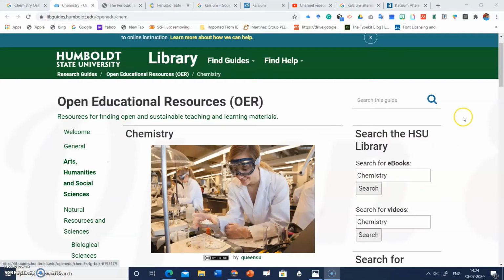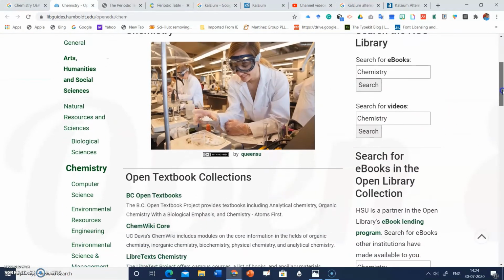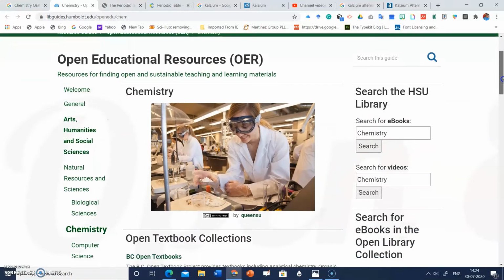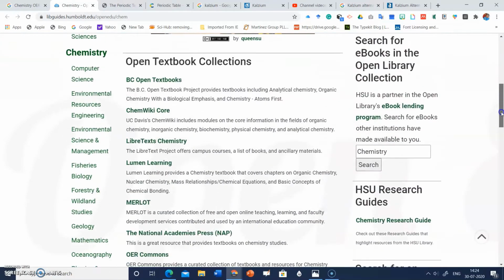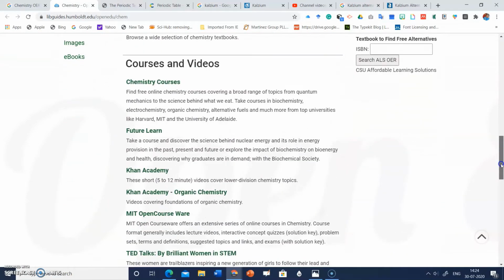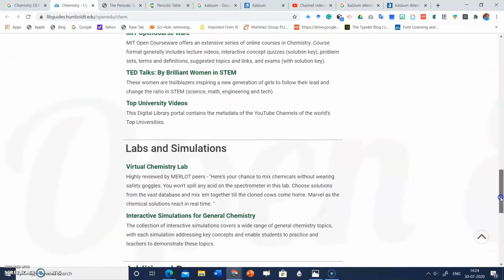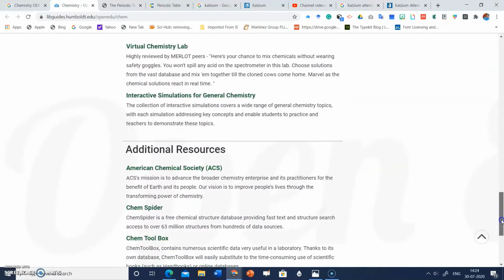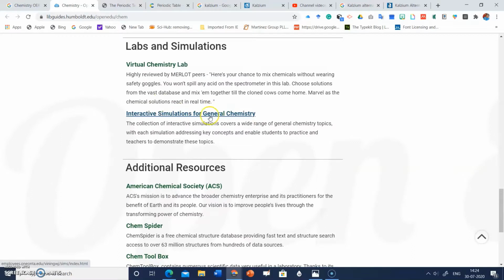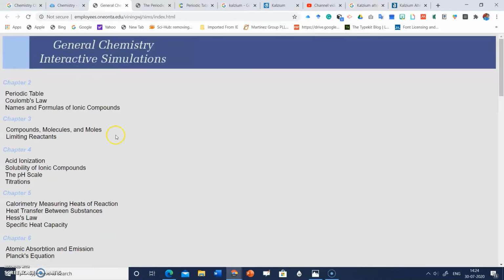Let's see some other interactive periodic tables, for which the links are provided by Humboldt State University. If you scroll down, here is the interactive simulation for general chemistry. When you click on this, this page will open, and from here you can find the interactive periodic table.